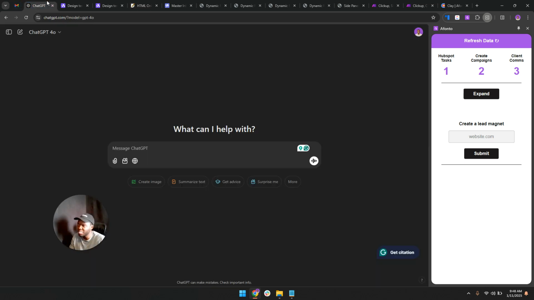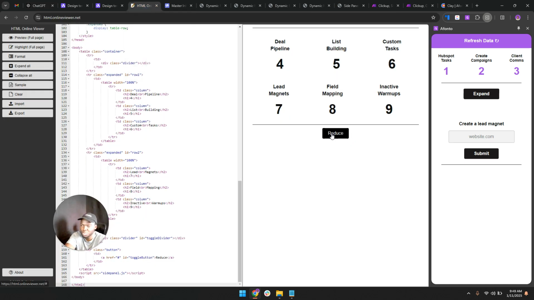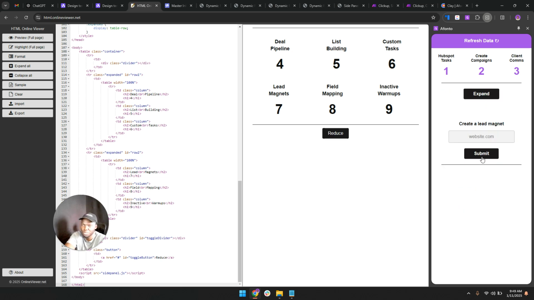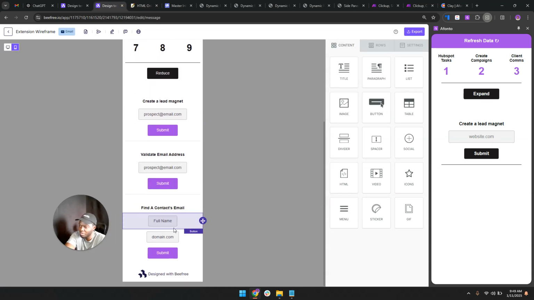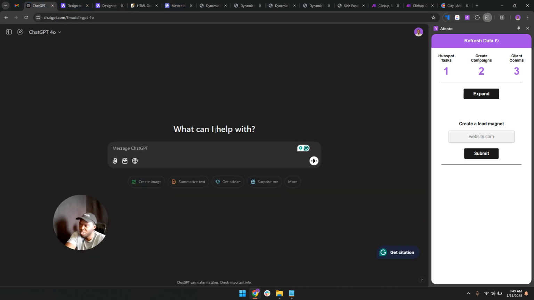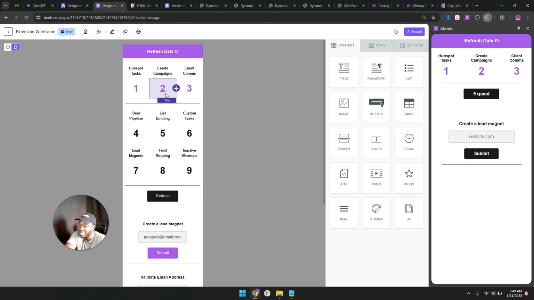Now you want to start creating some functionality, and how we're going to be creating that functionality is using ChatGPT. Something that I wanted to have in my extension is the ability to reduce and expand. As you can see, I'm clicking this, it's not doing anything. But when I actually click my extension, we can reduce and expand. And rather than taking the whole extension and trying to give it all into one GPT prompt, because that's not going to work, not even close,